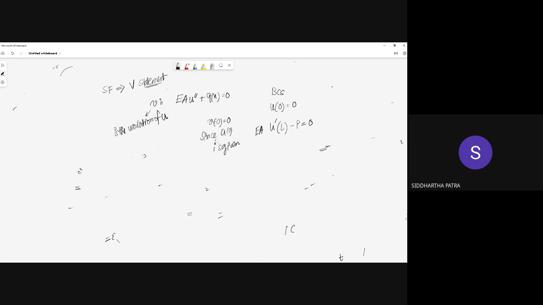And what we can do next is we can multiply the whole thing and integrate between 0 to L, along with